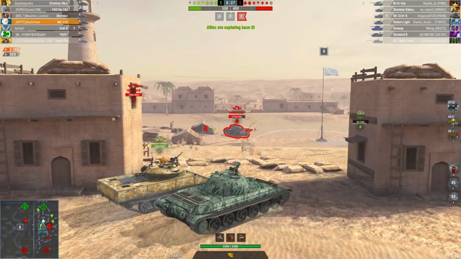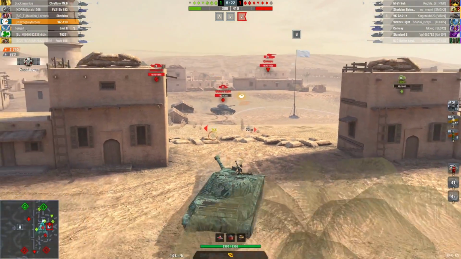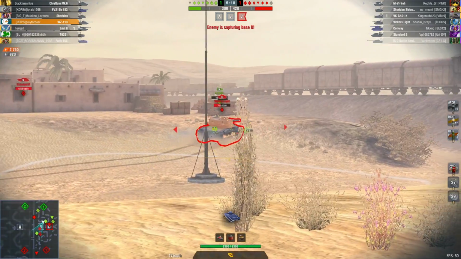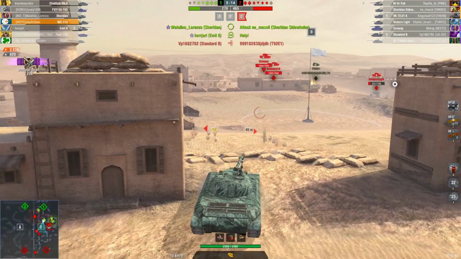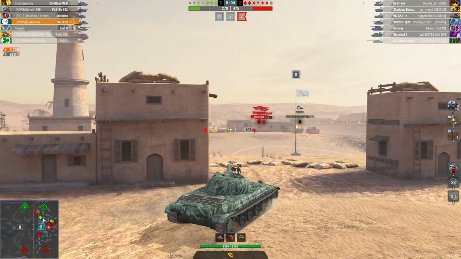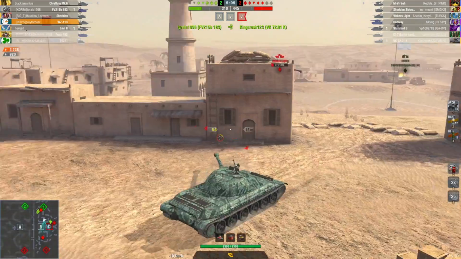Thankfully, both of our American light tanks decide to come in and shoot this guy. They don't shoot him too well, but the amazing DPM of this tank, especially with the HE, even though it's not the best HE, it's still 500 alpha on a 7.3 second reload, means I can put a lot of damage. Sadly, I don't manage to grab the kill,